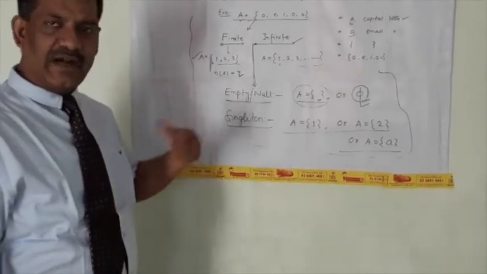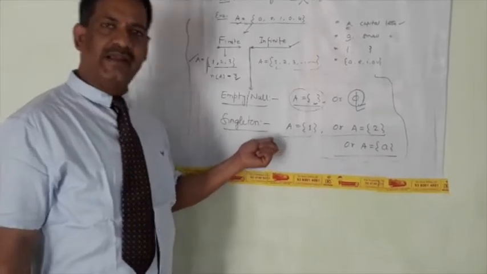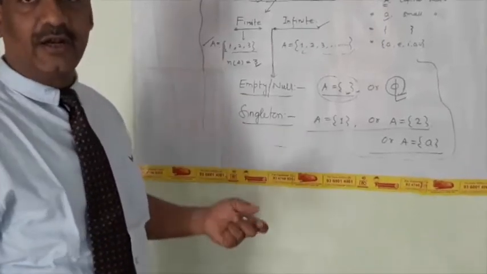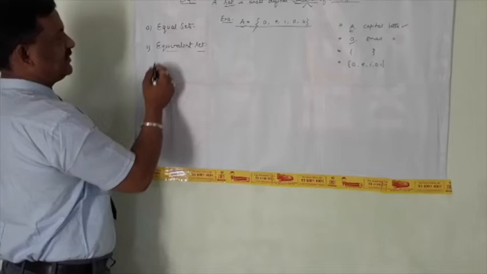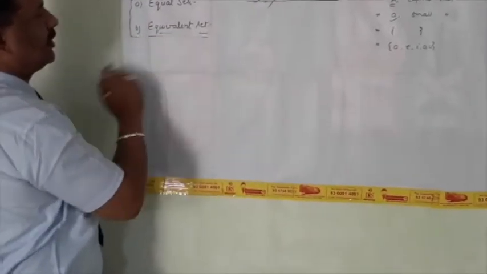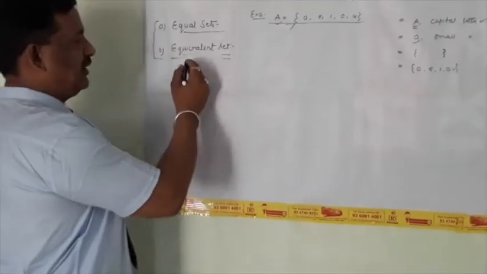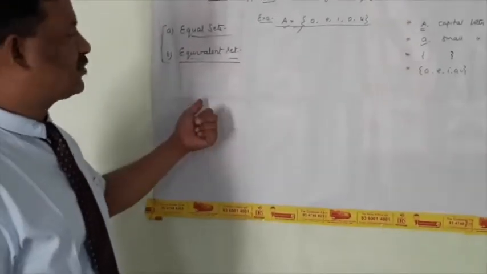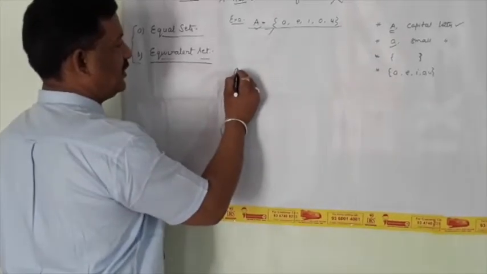Because if we are starting the topic, students have to apply the concept by using roster form, which is very easy for them. Now move on to other sets which are defined on this lecture blackboard. First of all is equal sets. Now another set is called equivalent sets. Now we will discuss these topics, equal sets and equivalent sets. First of all, equal sets.